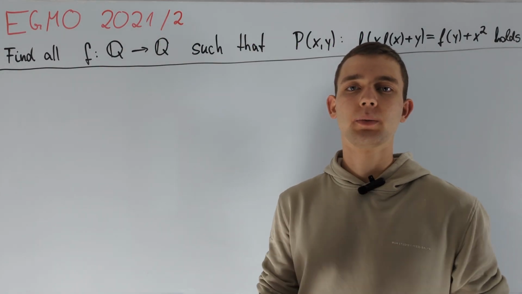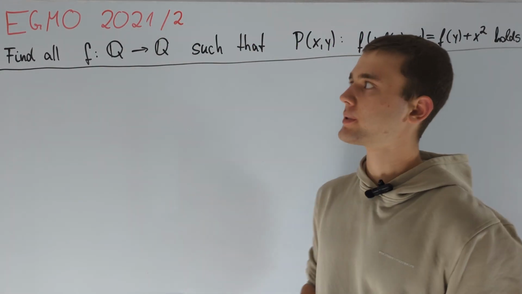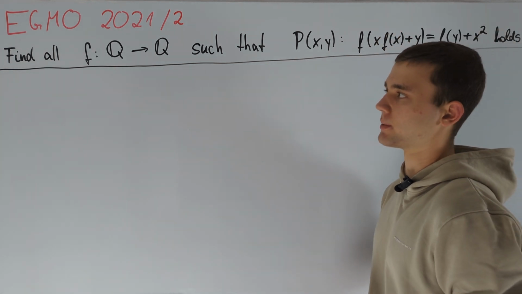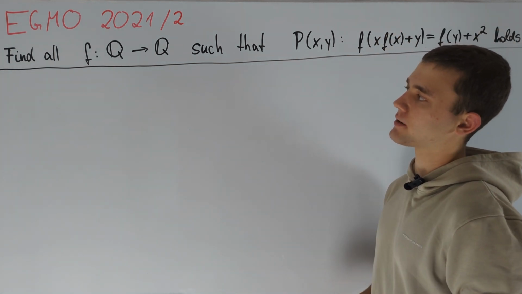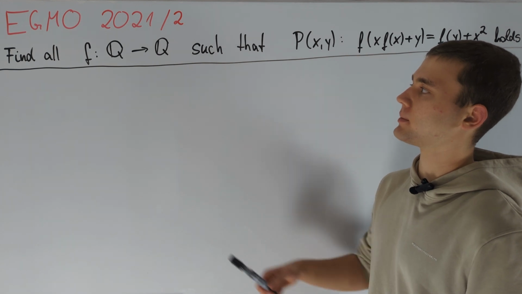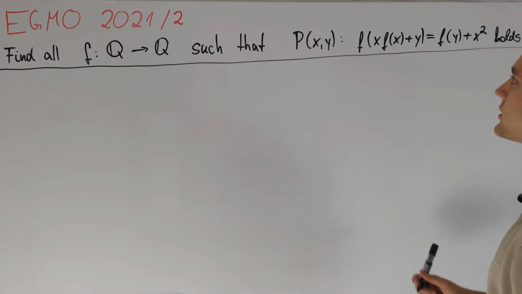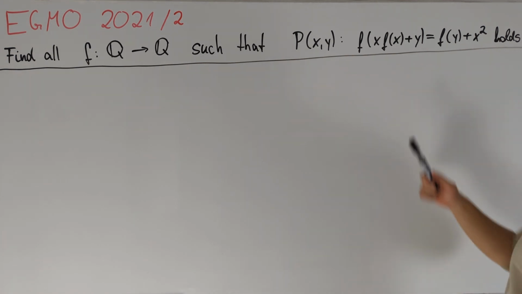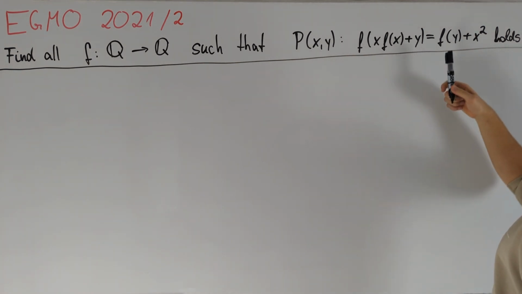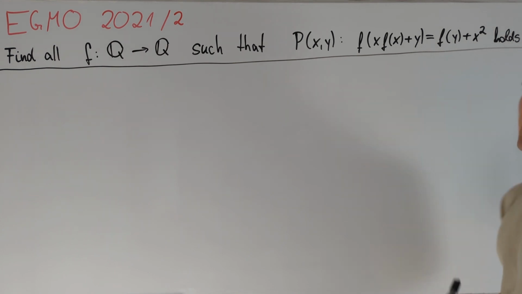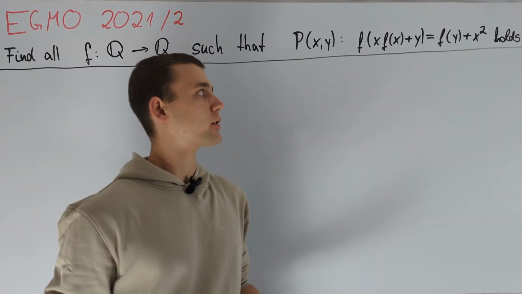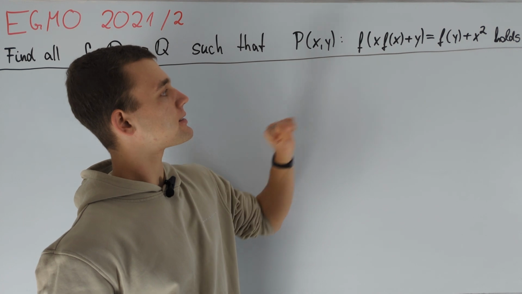Hey guys, today we will solve problem 2 from the European Girls Math Olympiad 2021. We are asked to find all functions f from the rational numbers to rational numbers such that for all pairs x and y in the rational numbers we have f(x + y) is equal to f(y) + x squared. If we take a look at the given equation, we see that it basically tells us that